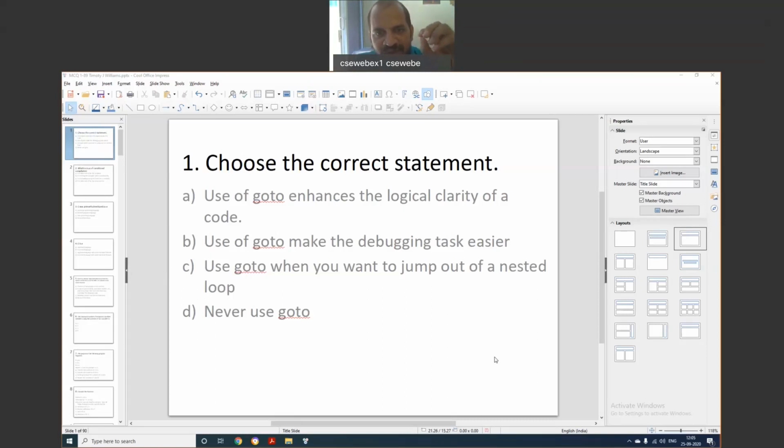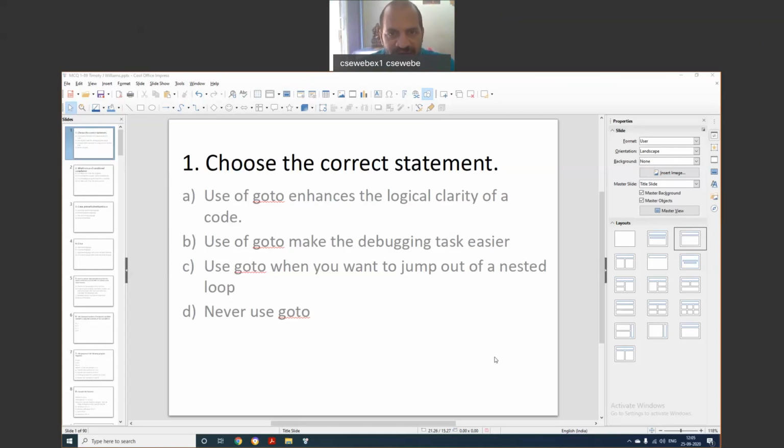The syntax for goto is goto and a name, any name, whatever name you want to give, and that name will be treated as a label. The rules for that name are the same as the rules for variable names. That is, it should start with an alphabet, and it may have numbers and one underscore. No special symbols are allowed in the name, and you need not define that name. A label name need not be defined. For example, goto L1. L1 is my label.